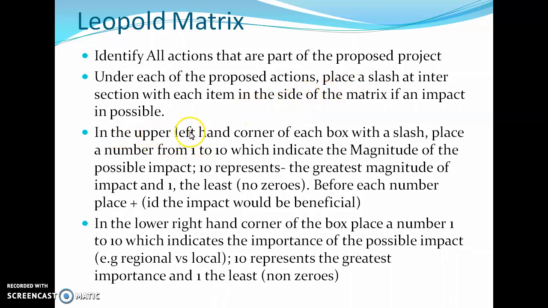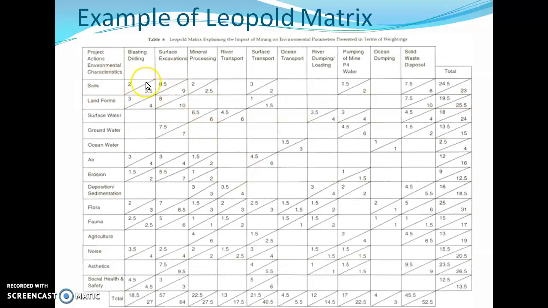Then in the upper left hand corner of each box with a slash, place a number from 1 to 10 which indicates the magnitude of the possible impact. So this upper part indicates the magnitude of the possible impact that we have to decide and write here.